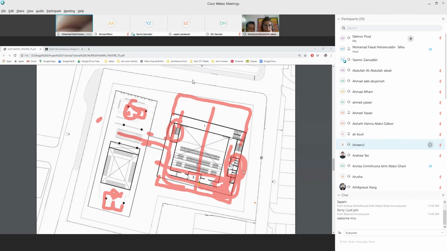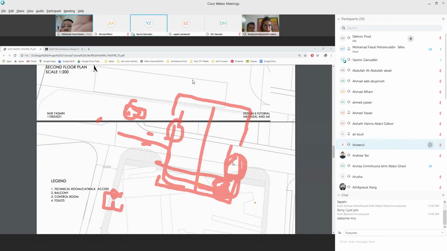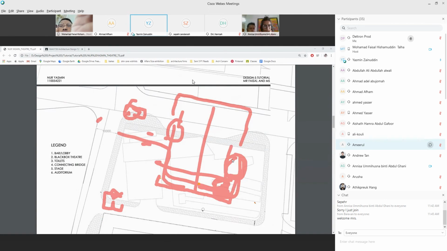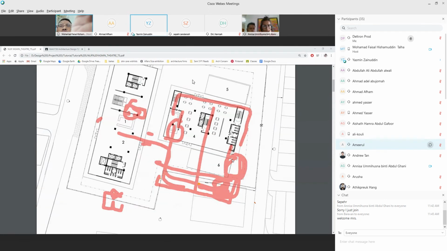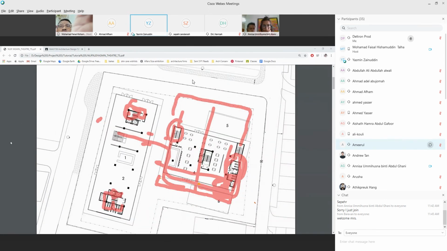Okay, let me check the ground floor. Yeah. Ground floor. Let me have a look at the ground floor again. Yes. This one. Oh.